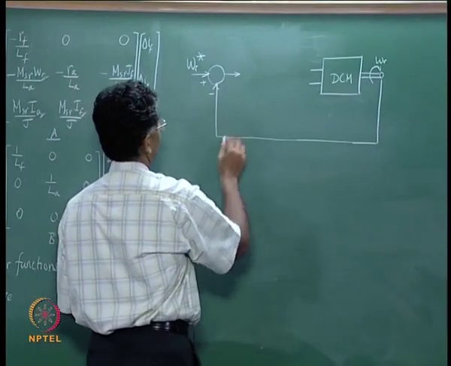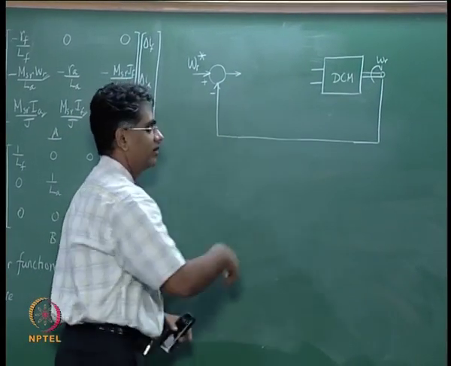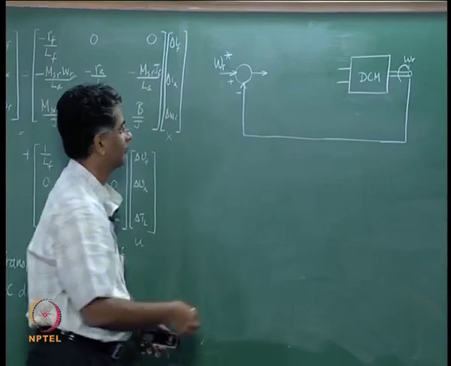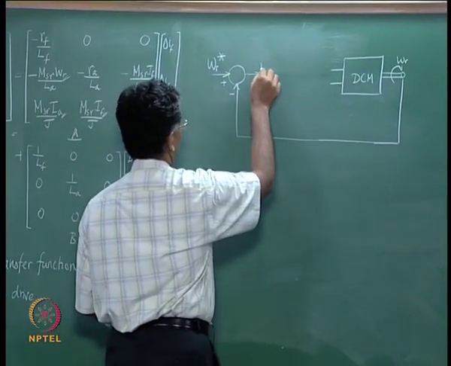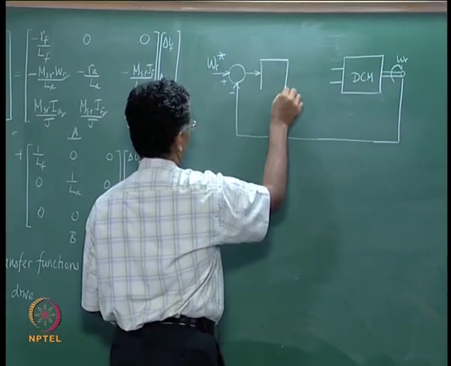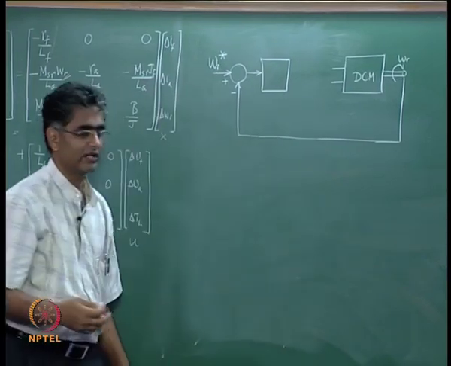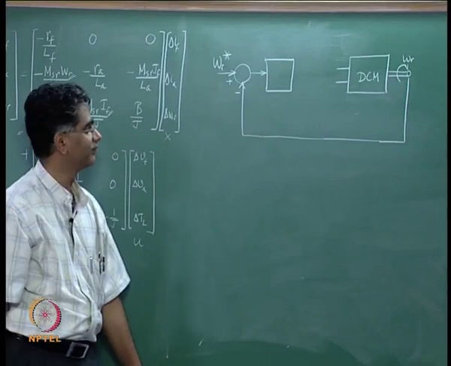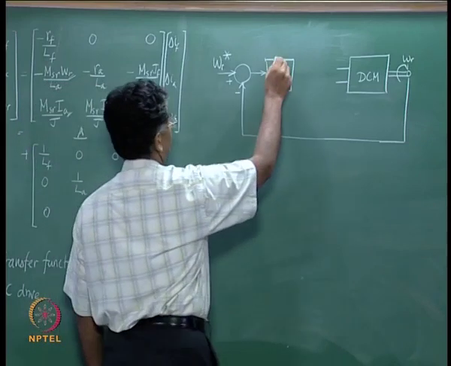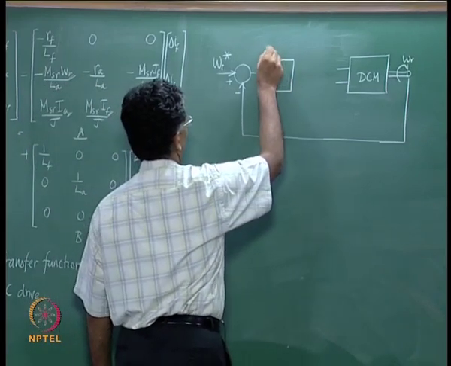So if this is different, then based on this error you have to take some action, and you will decide that action based on some algorithm. That algorithm is then put in what is called a controller,